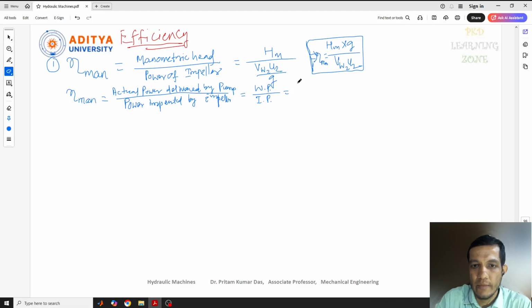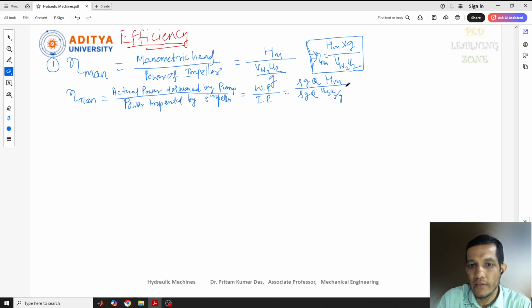So water power is nothing but we can write this is rho G Q, manometric, I told you. So here I'll write the HM part. Okay, this is water power with respect to the manometric head. Here impeller power, power imparted by the impeller, is nothing but the work done. So this one also we can write along with this impeller power. Same thing, like rho G Q along with this formula